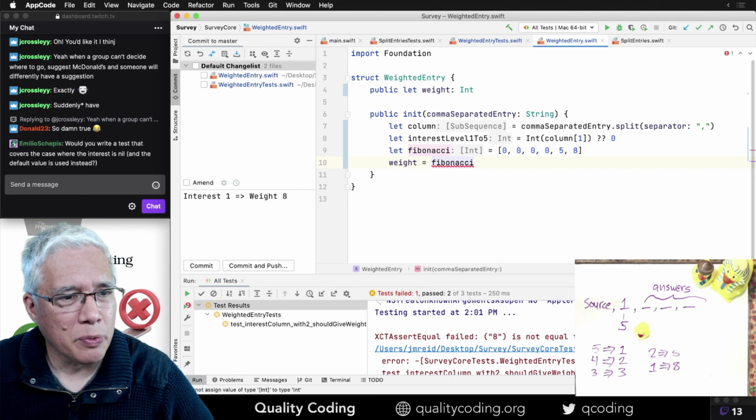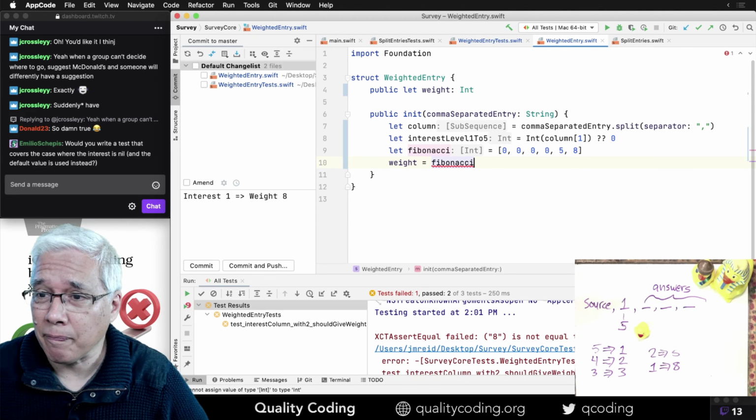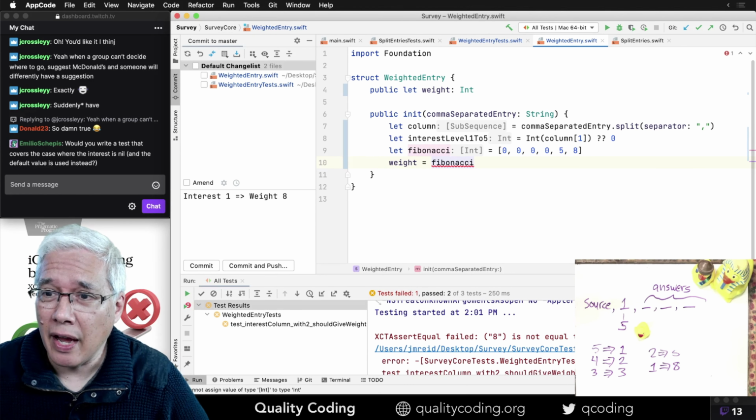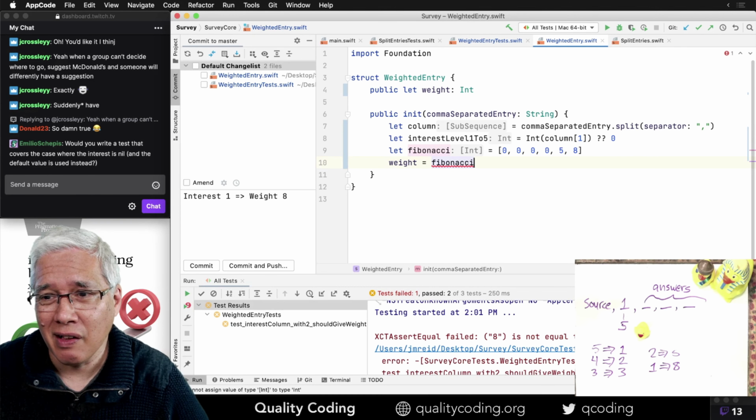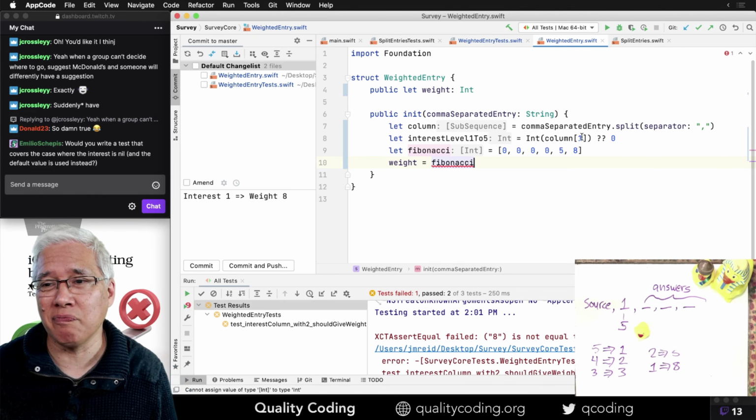Emilio asks, would you write a test that covers the case where the interest is nil and the default value is used instead? That's a good question. The answer is I expect it not to happen. I don't ever expect it to be there.